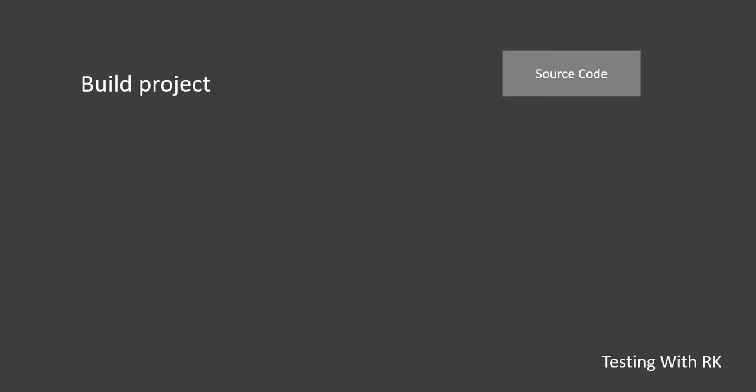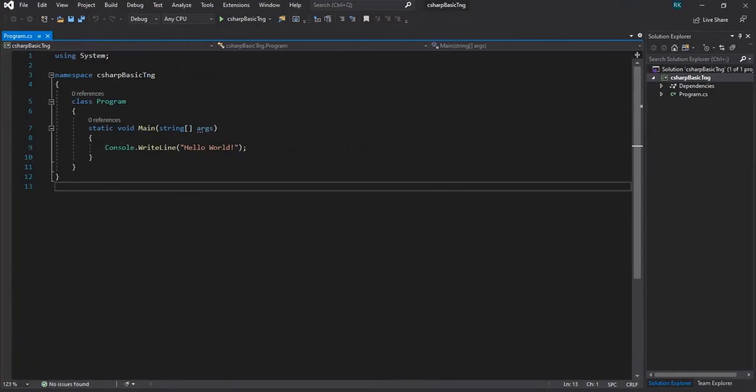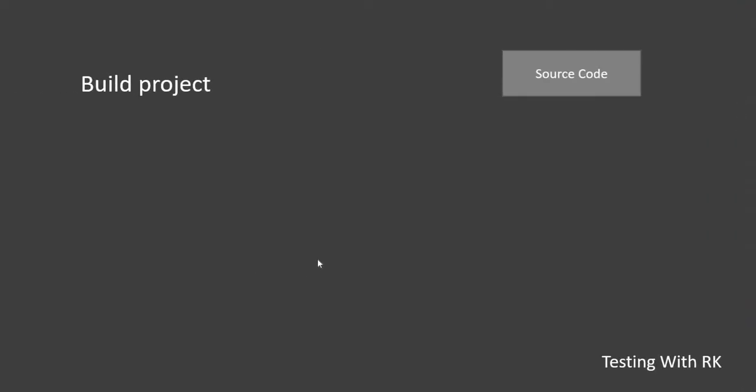Basically everything that we can see in this code, we can read it: Console.WriteLine, Hello World. Whereas the machine does not understand all of that. The machine understands the language of ones and zeros, the binary code. So we have someone in the middle who compiles that code from a human understandable language to a machine understandable language, and that job is done by